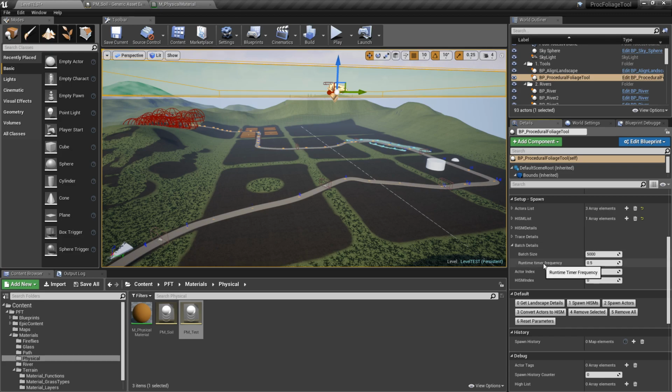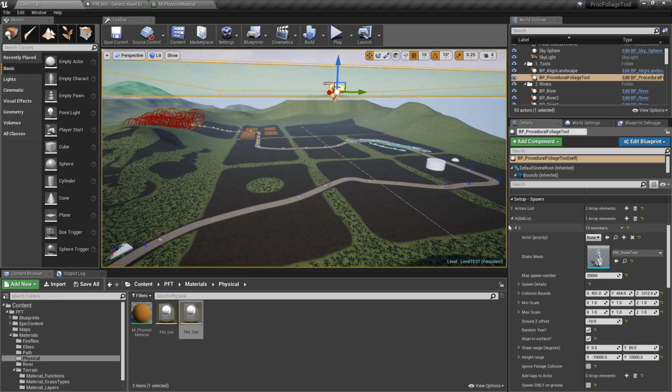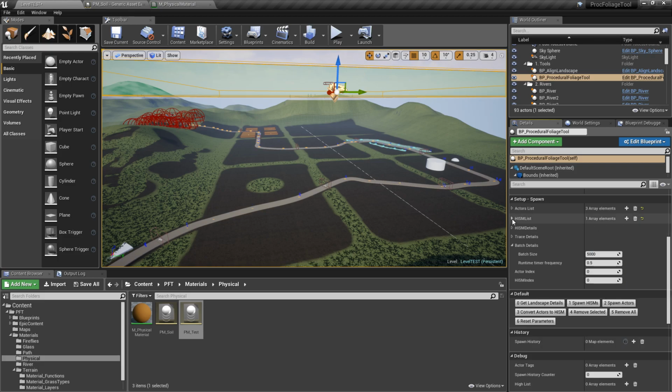The second value, runtime timer frequency, we'll see that this is used for runtime spawning. So we won't need to do that now. So we are trying to spawn 20,000 trees, 5,000 trees at a time. In other words, we'll have to do it 4 times. So if we click on the button, spawn HISMs,